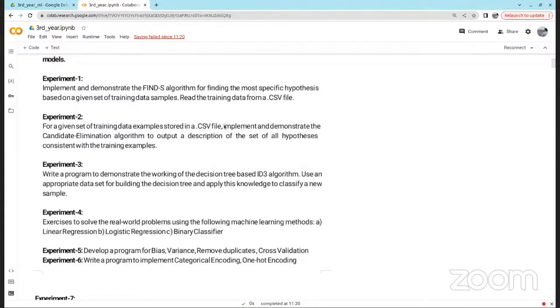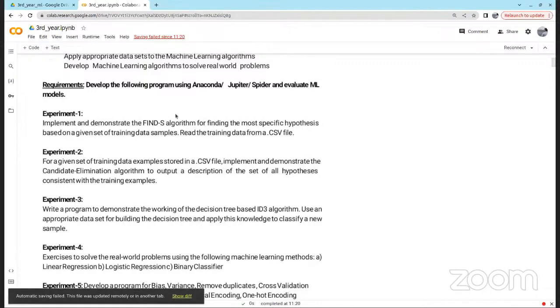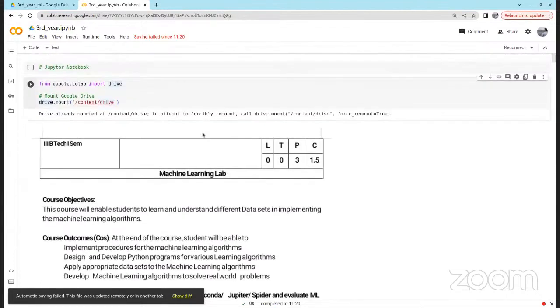Please try to attend the sessions as much as possible, because we have 15 experiments. We can't finish everything in a single class, so we'll have to split this into multiple sessions. If you do not attend one session, it might affect your understanding of the next one.